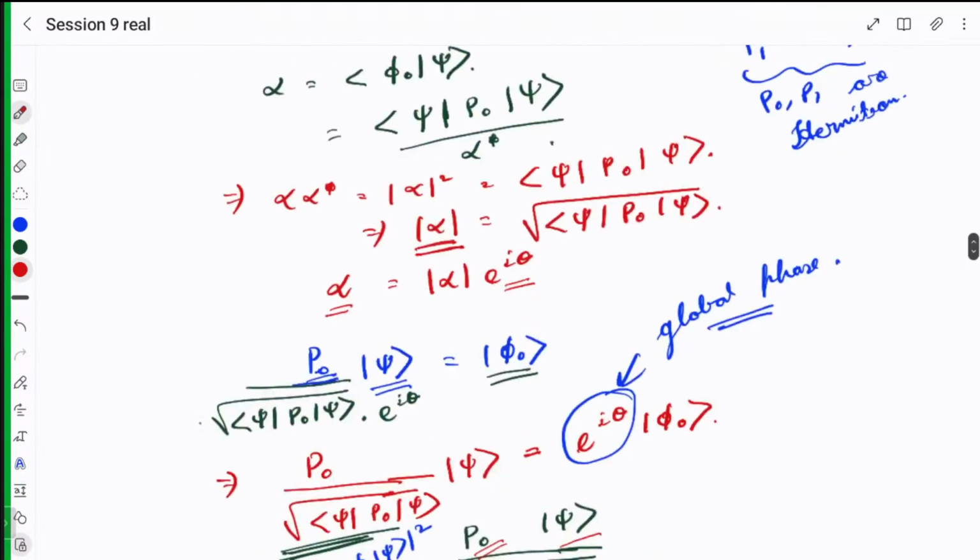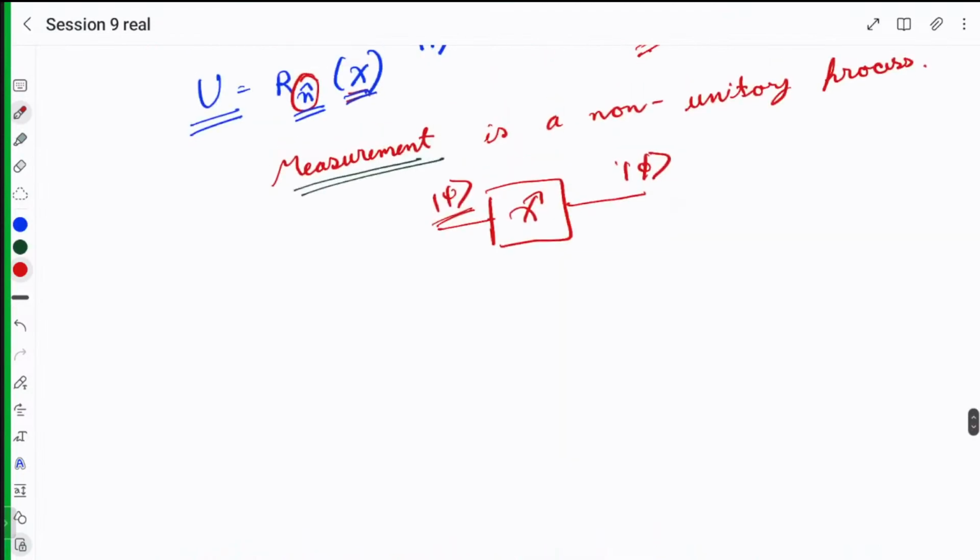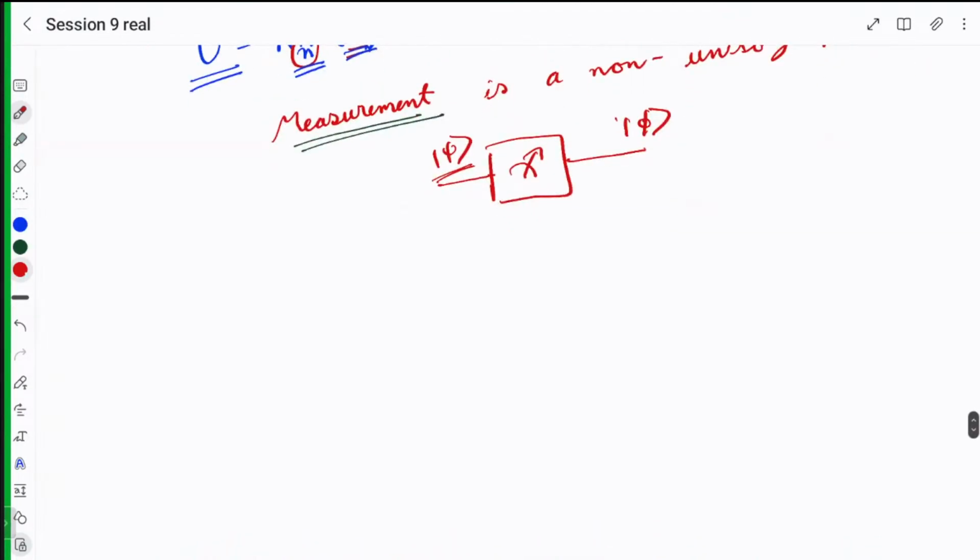But now the question is: how is it related to the concept of observables? Because in quantum mechanics, we are actually measuring observables. So even when we say we are measuring in some basis, we are actually measuring some observable,